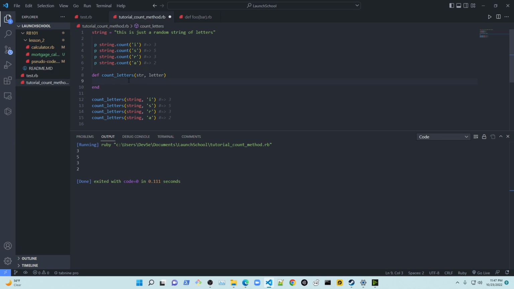So how I would go about tackling this: first we need to figure out a way to iterate over each character, and string has a method called each char, which is basically each character. We're not going to call this string method, we're calling the one we're passing here. So we're going to say str dot each char, and